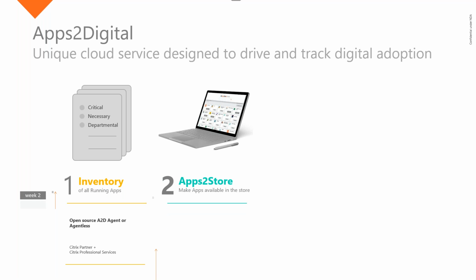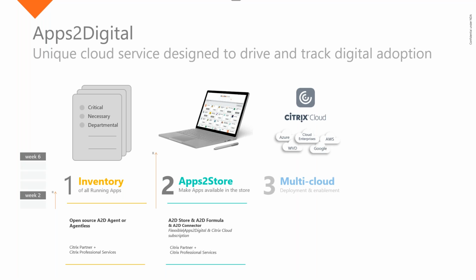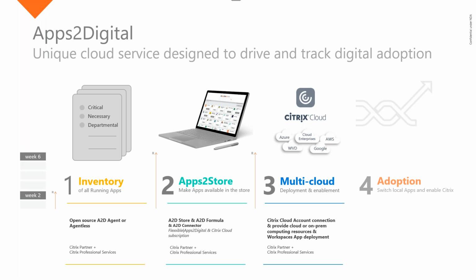First of those steps is running the inventory. Next is making those applications available in the store. Third is deploying those resources in the cloud. And fourth is helping with adoption. So let's review these real quick and talk to you about how we do this in a 12-week time frame, or 3 months. So number one, inventory of the applications is done with our own Apps to Digital agent,